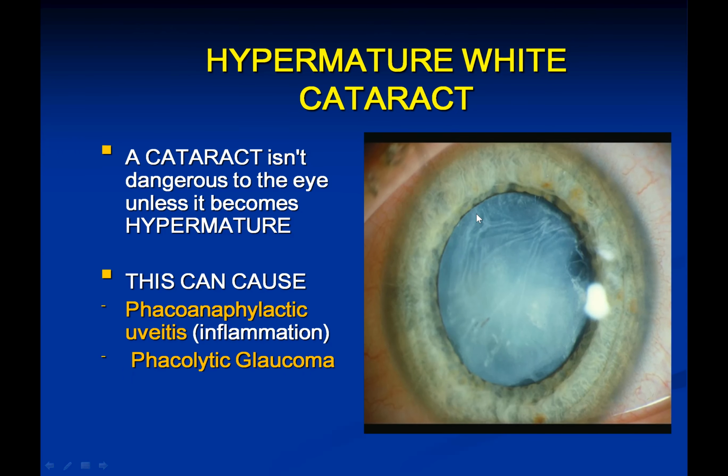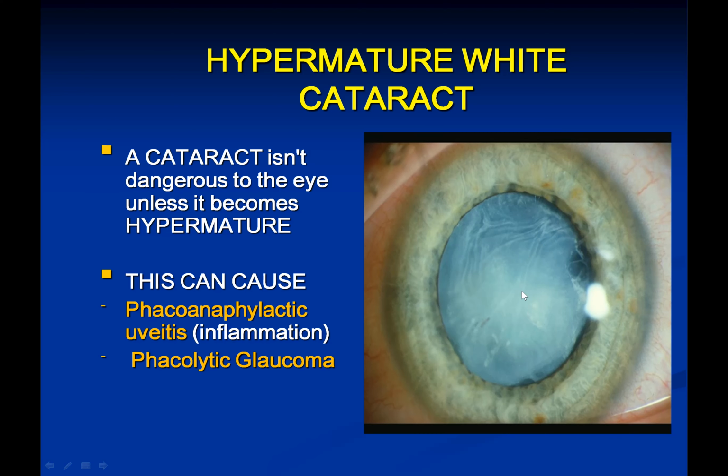Now, if the patient passes through this stage of white mature cataract and does not suffer from glaucoma, that happens in certain people, that leads to hypermature white cataract. What happens here? Lens cortex converts into very fine protein particles that pass through pores in the anterior capsule and come into anterior chamber and start floating in anterior chamber. As a result, the lens matter becomes reduced in volume, cortex shrinks, and folds appear on the surface of capsule.